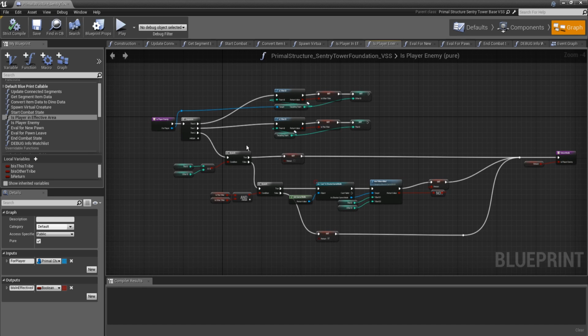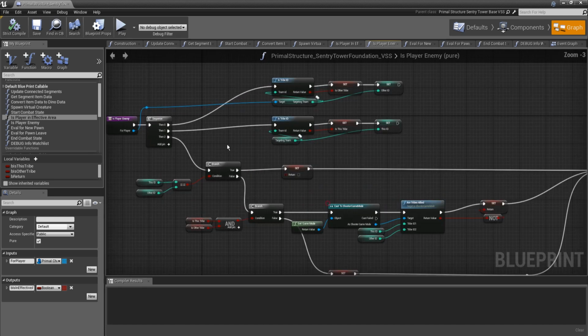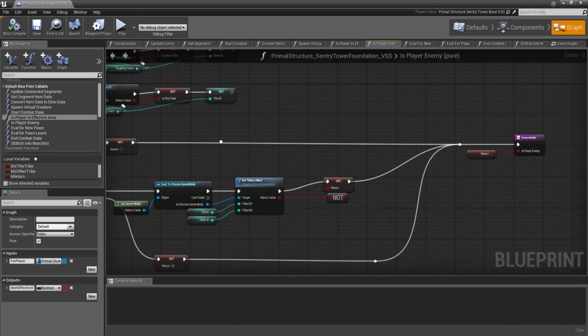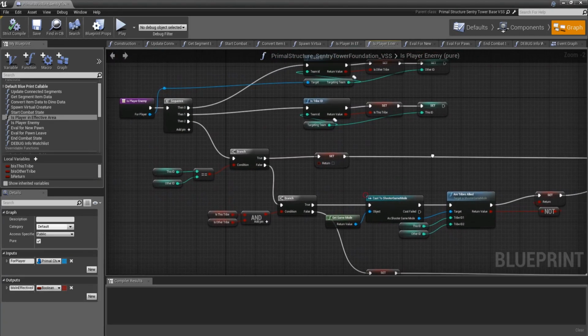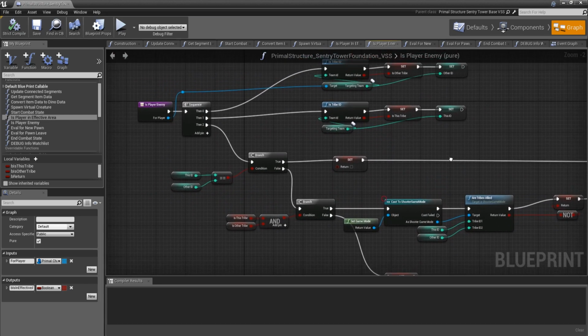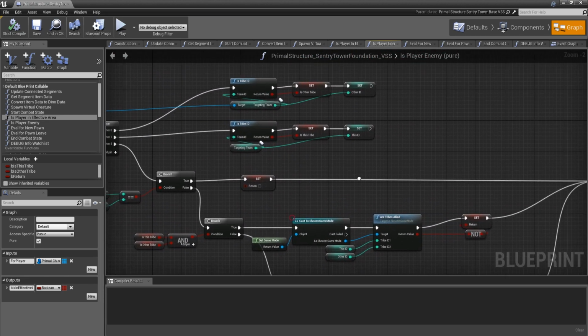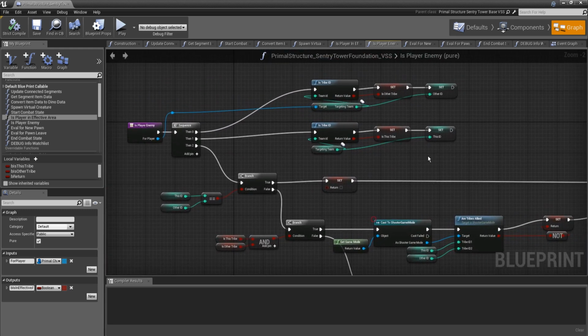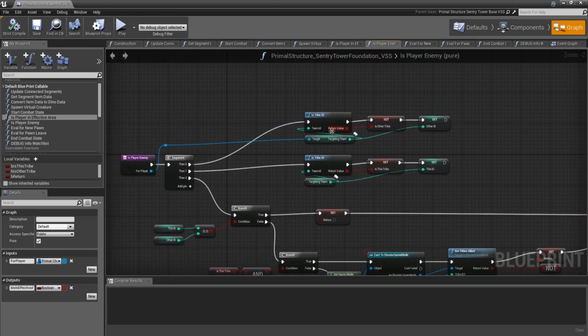The next one we are using, basically this is a check to see if a given player is an enemy of the foundation. And we do this using the targeting team. Now there might be some errors in here. I haven't gone through any thorough testing, but just off the top of my head, this was what came to mind. This will be getting debugged and checked for accuracy as we go. But from this, you'll be able to see where I was getting at with it.